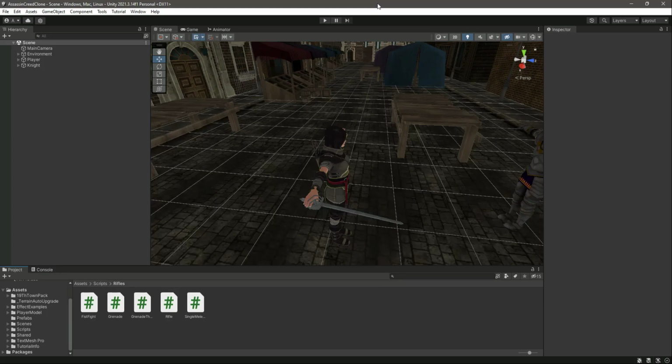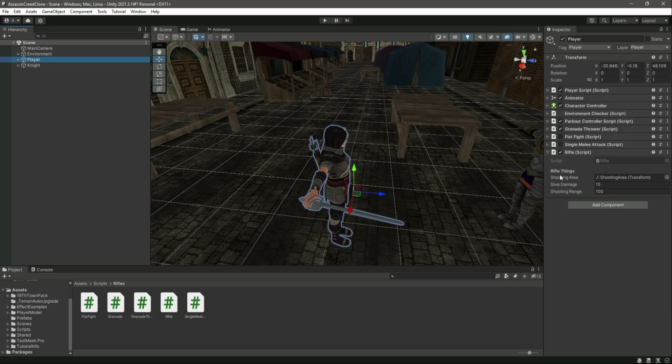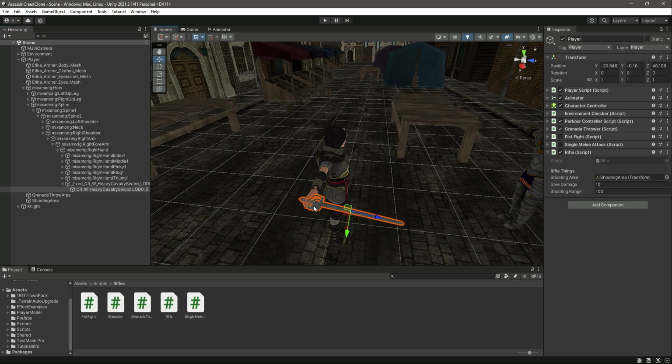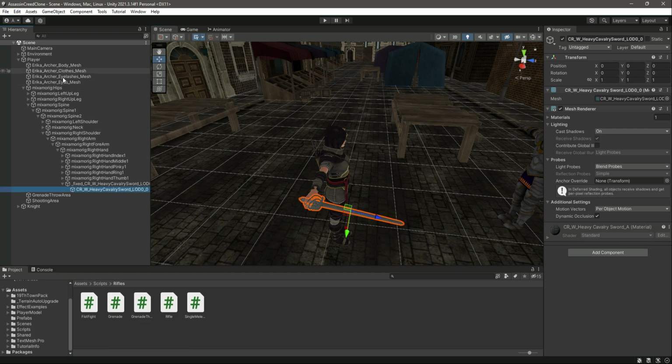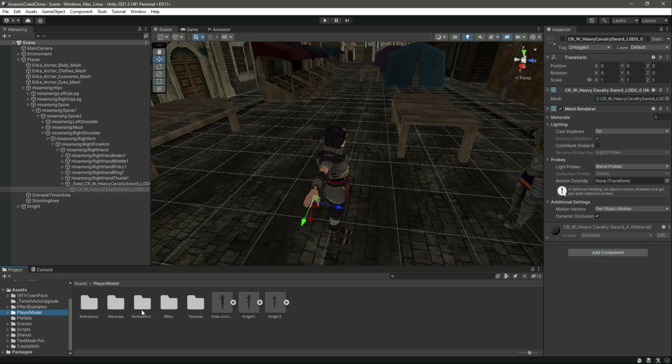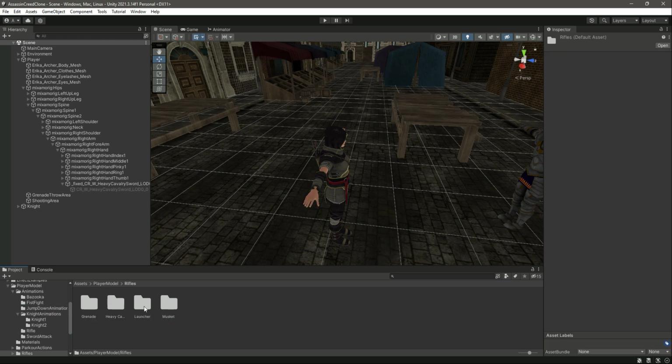So as you know, now we can shoot using the rifle script. Now what we want to do, first of all, is add the rifle to the player's hand. Let me select this sword, and as you can see, it opens up the player's right hand. For now, let me deactivate this sword, and then let's go inside Player Model, Rifles, and this is the rifle. Let's drag and drop this rifle to the player's right hand thumb,